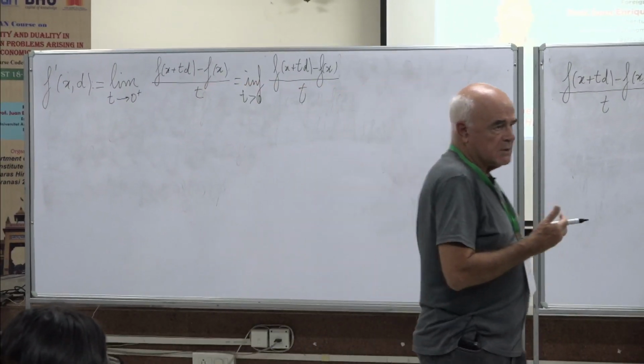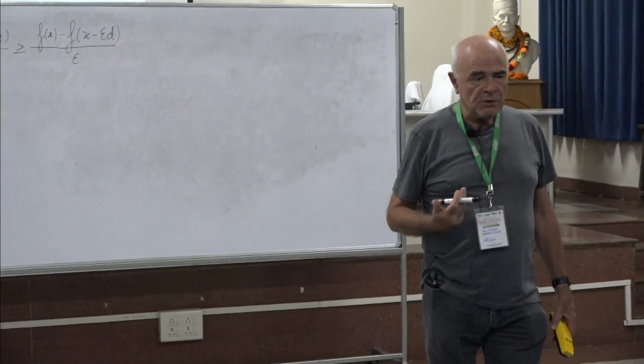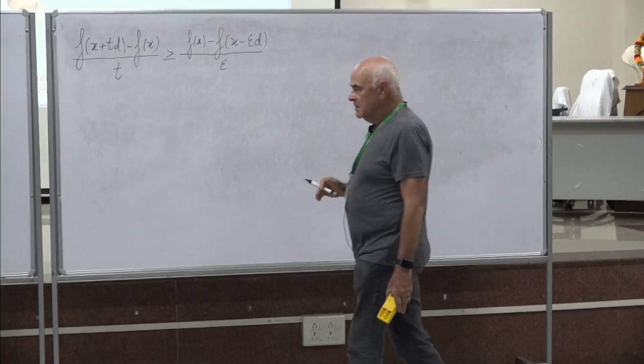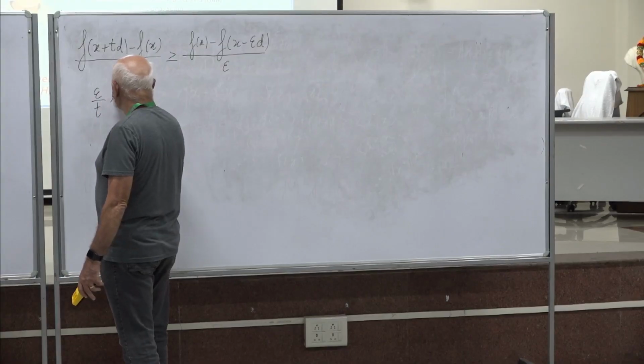Okay? Such epsilon exists because x is in the interior of the domain. And then I was manipulating this expression. I said epsilon over t